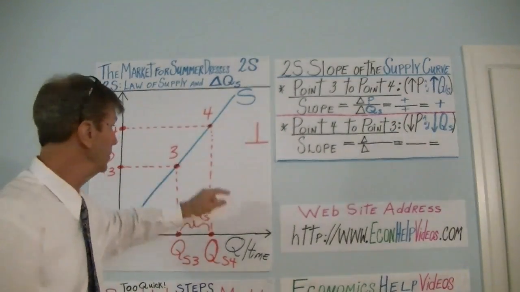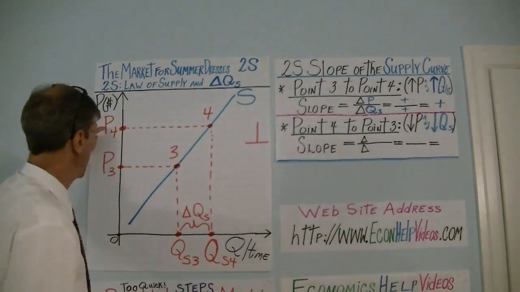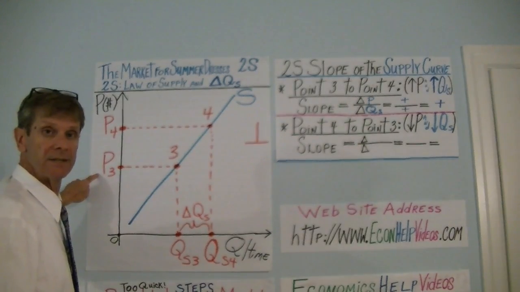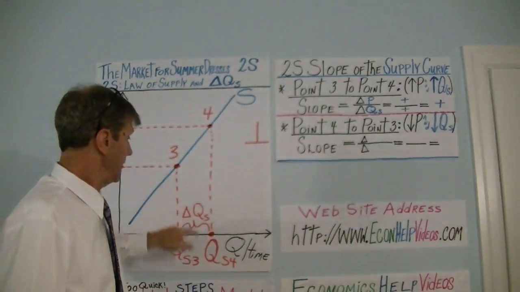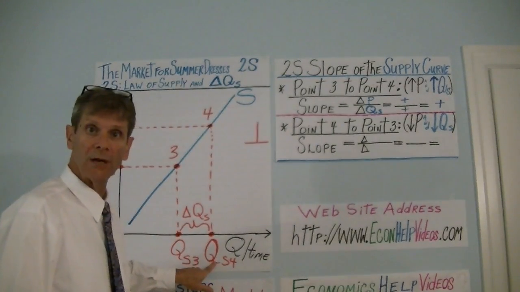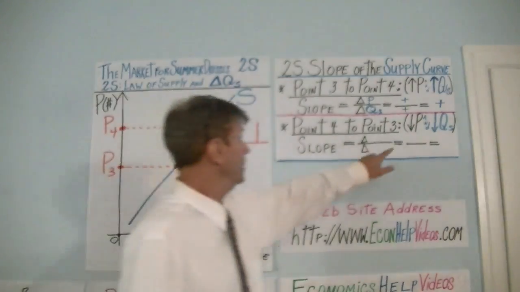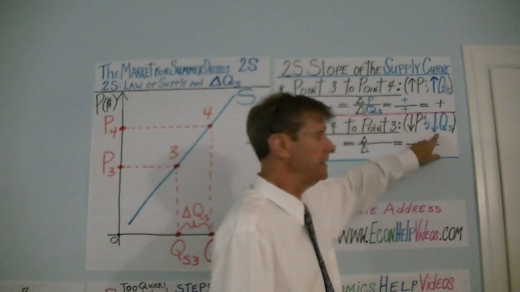Is it still going to hold true? Let's go from point 4 to point 3. What happens now? Price goes from P4 to P3, that's a decrease. What about quantity supply? Going from point 4 to point 3, quantity supply goes from QS4 to QS3. That's a decrease, right? So when we go from point 4 to point 3, price goes down and quantity supply